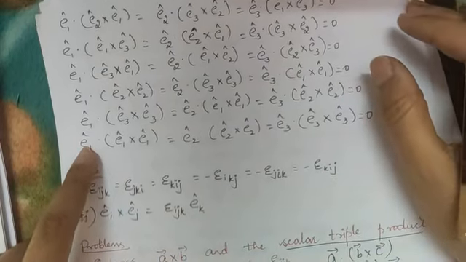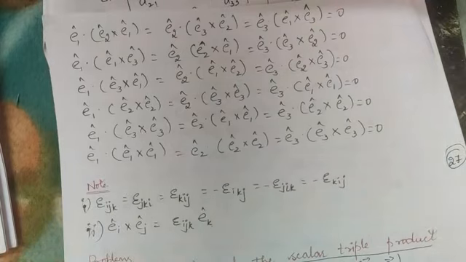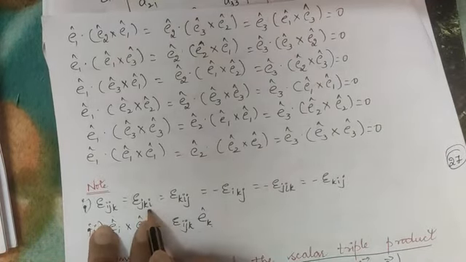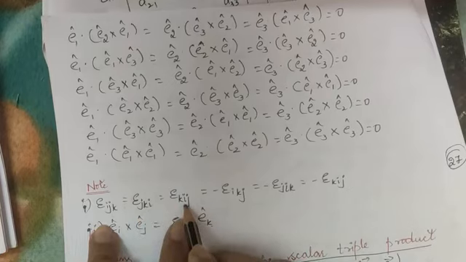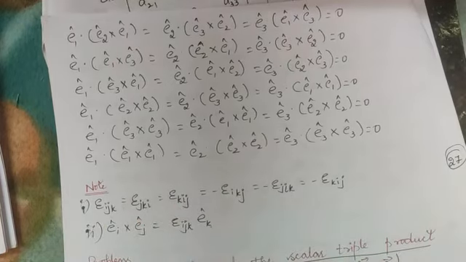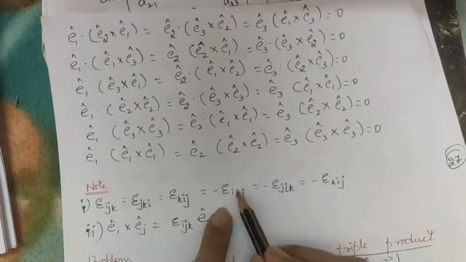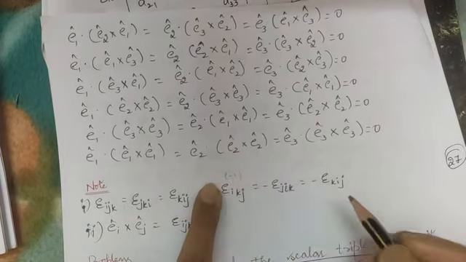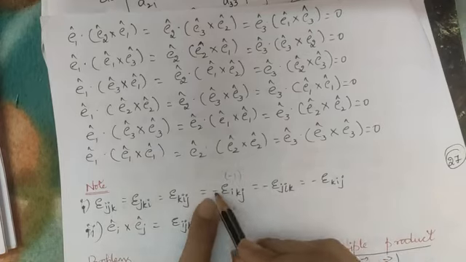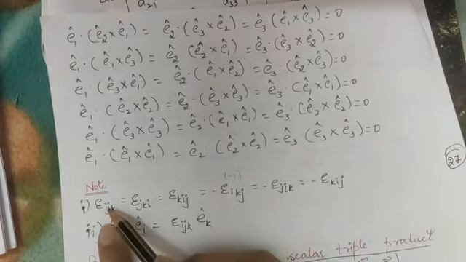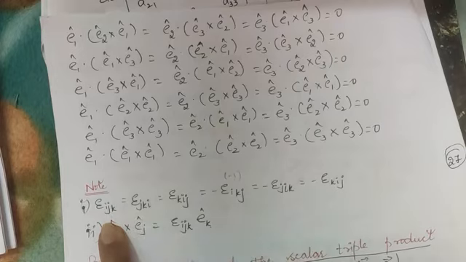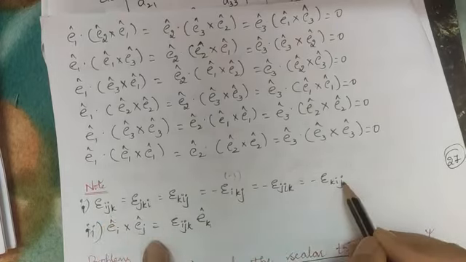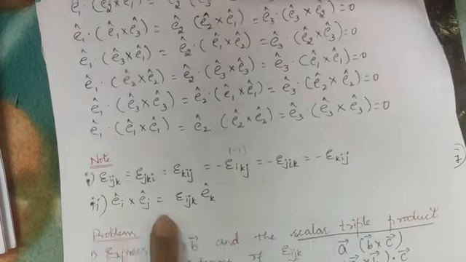Using these 27 relations, we can generalize this as epsilon ijk is equal to epsilon jki is equal to epsilon kij. All these will be equal, because epsilon ikj is acyclic, the value will be minus 1. Minus 1 into minus 1 is again plus 1. So the value of epsilon ijk, if ijk is in cyclic manner, you will get plus 1 itself, right? So these all take the value plus 1.